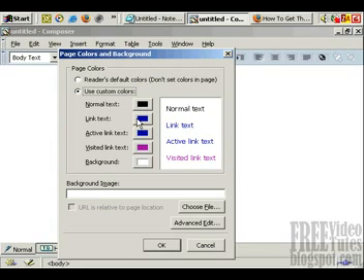Link text, that's blue, as you can see, that'd be fine. Active link text is dark blue. Actually, I think it's the exact same shade. That's fine. Visited link text, a purple color, and then the background. What I would do is leave those as they are, except the background. Just make sure that is